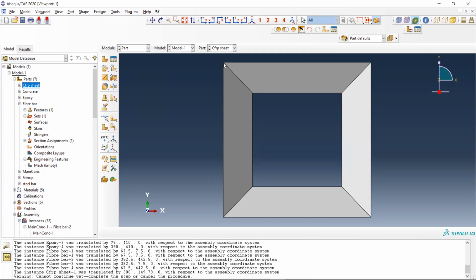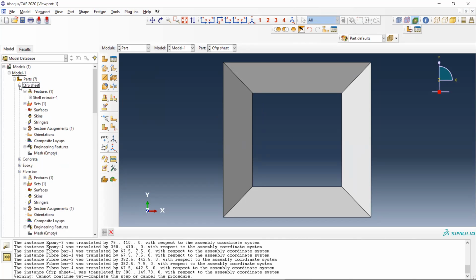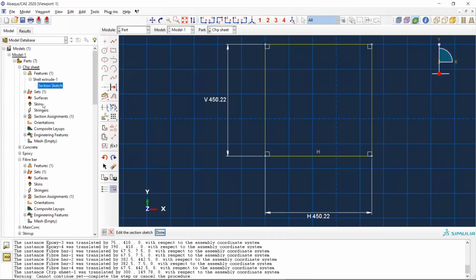And I have made the dimensions 0.11 additionally from both sides.